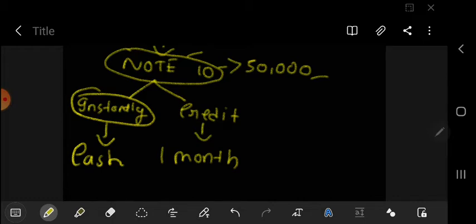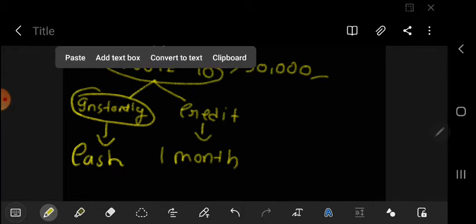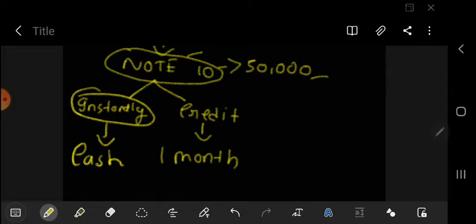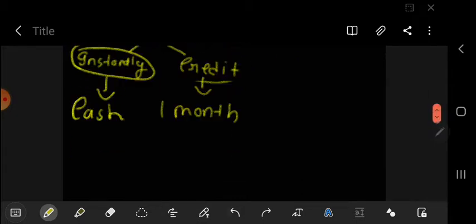Okay, but we can see the difference. Here the mobile is purchased, money is given instantly, the transaction will be cash. Mobile is purchased but money is not given. Okay, money will be paid after 1 month, then the transaction will be a credit transaction. Okay, credit transactions